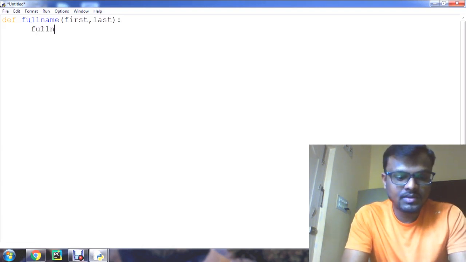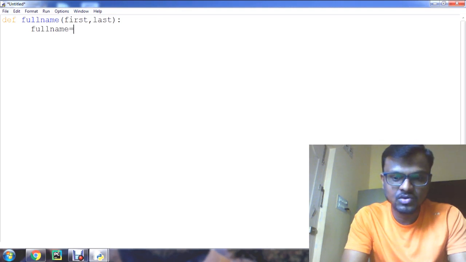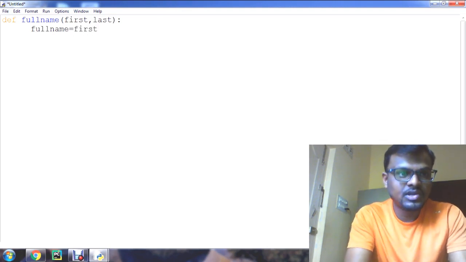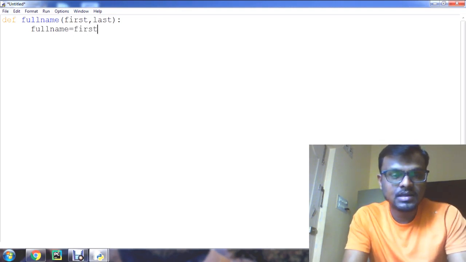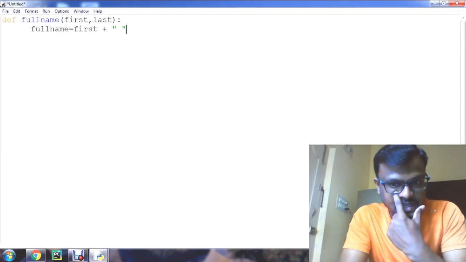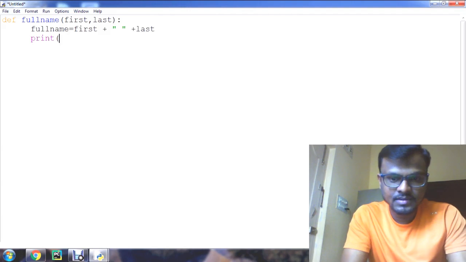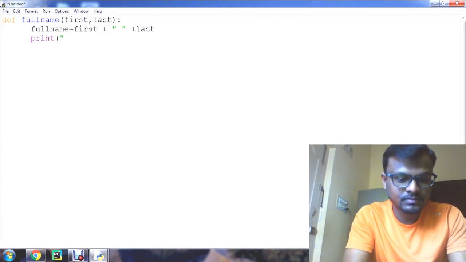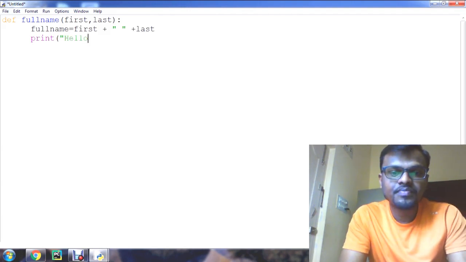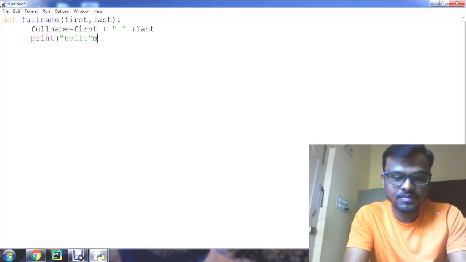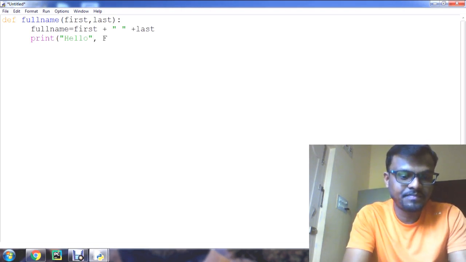Now I want one variable, full name is equal to first name concatenated using plus symbol, and some space I am giving here, and plus last name. After that I am going to print full name.